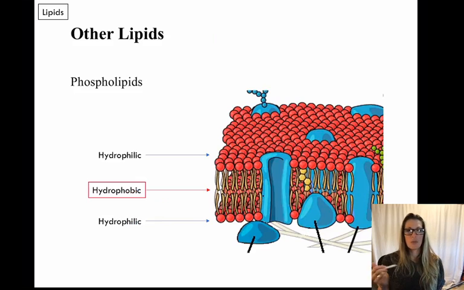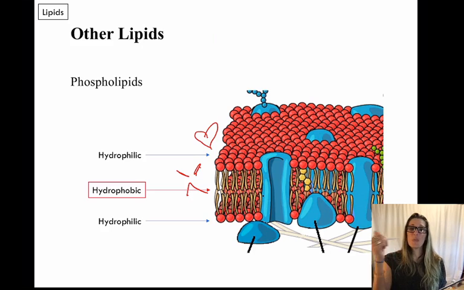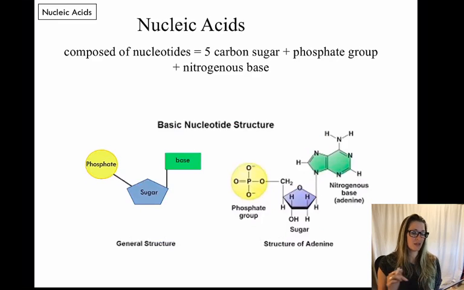Okay. So I said that we would talk about how this whole hydrophobic hydrophilic thing works. If you have a part of a molecule that loves water and a part of a molecule that hates water, what you can do is orient those molecules so that the part that doesn't like water is the interior of the structure and the part that does love water is the exterior of the structure. And that's exactly what happens with your cells: your cells are two layers of phospholipids, where the part that loves water is on the outside and the part that doesn't like water is on the inside. And we're going to talk about that more in the next lecture.